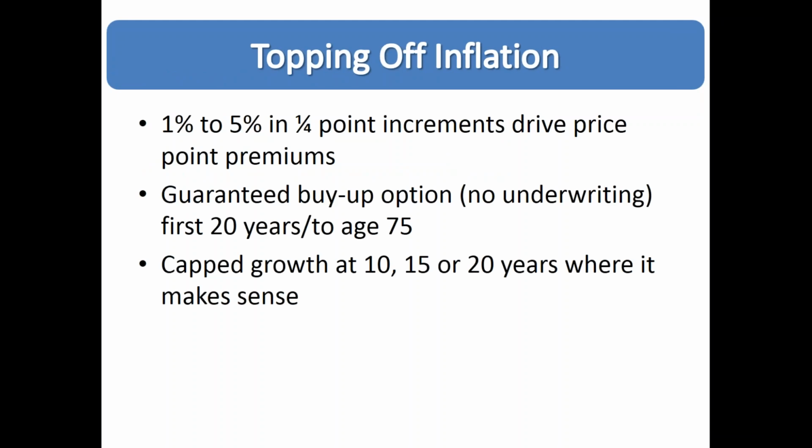Keep in mind that with the custom solutions package versus the secure package, you have flexibility of anywhere from 1 to 5% compound in 1/4 point increments, so you can really dial in a premium that makes sense. Again, remember that there's no additional underwriting if they wish to purchase more inflation in the future. Say, for example, they start off at 1% and their financial picture changes in a few years and they wish to upgrade it to 3%. They can do so on their policy anniversary,